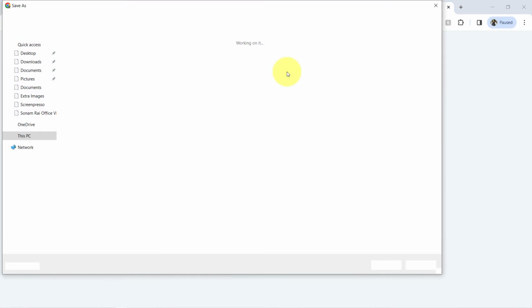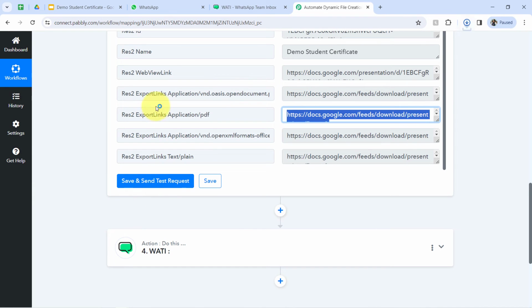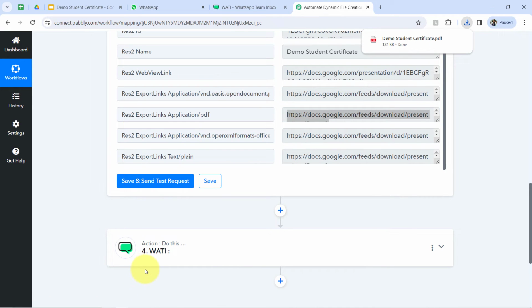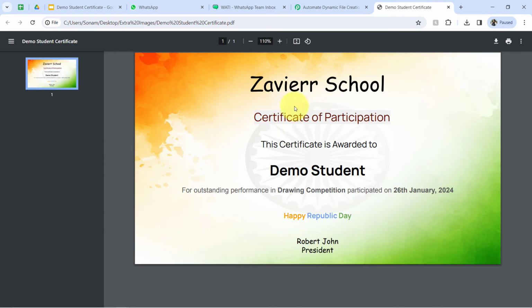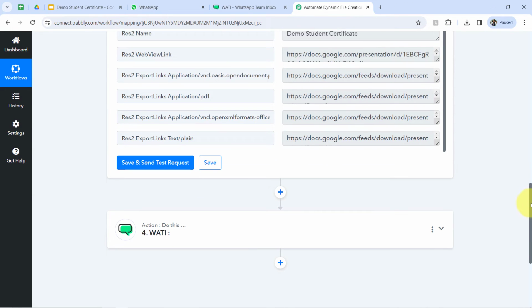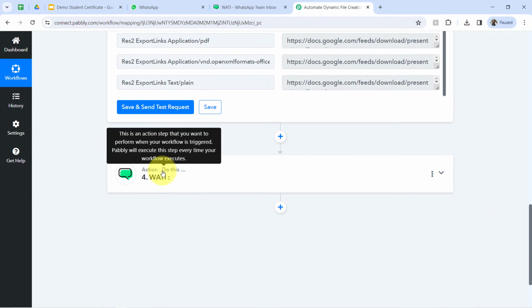How about I cross check whether it is the same certificate or not? Okay, fingers crossed. Let's check. Well, it is actually getting downloaded. Yes, it is the downloadable link using which a person can directly download the file from WhatsApp itself. Okay, give me a second. How about I cross check the downloaded file, and yes, it is the same certificate, basically the same file. Okay, for now I am closing it, and now finally I am going to connect Vati with Pabbly